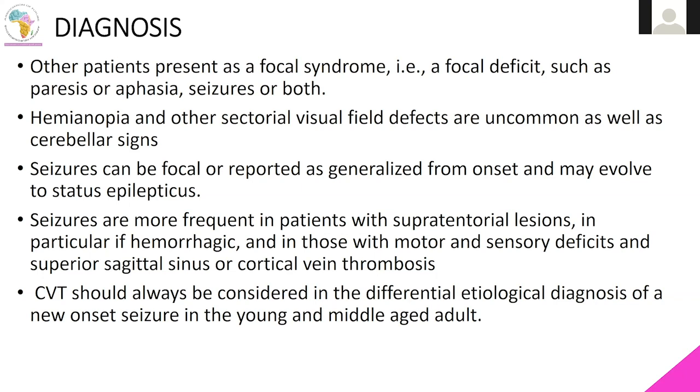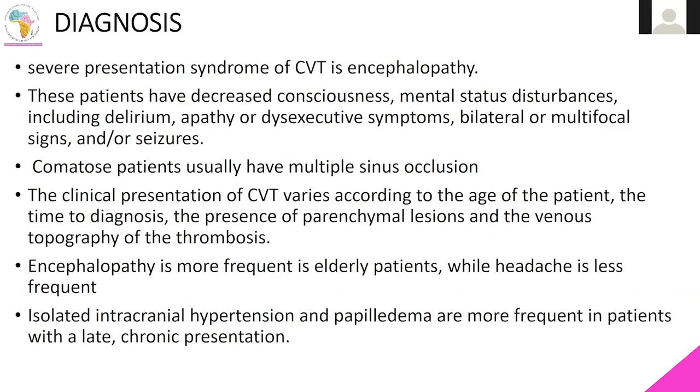supratentorial lesions, in particular if hemorrhagic, and in those with a motor and sensory deficit and superior sagittal sinus or cortical vein thrombosis. CVT should always be considered in the differential etiology diagnosis of a new onset seizure in the young and middle-aged adult. So severe presentation